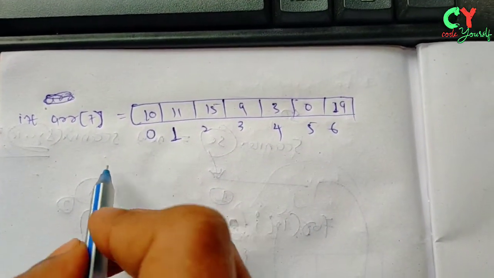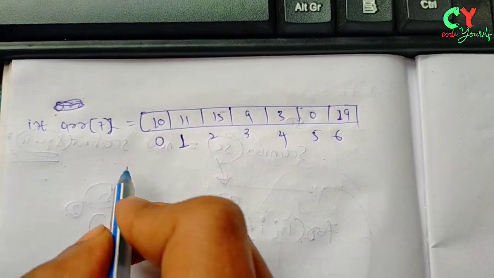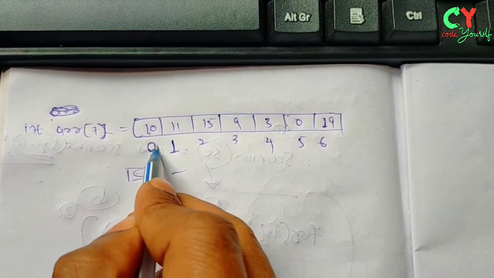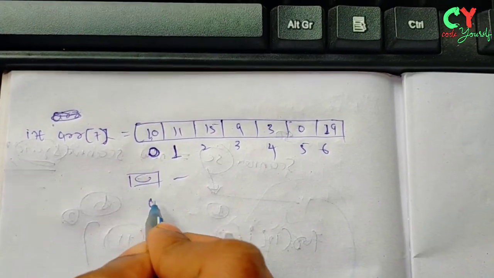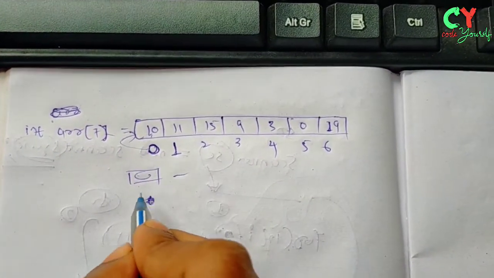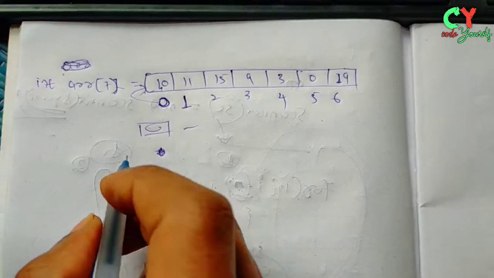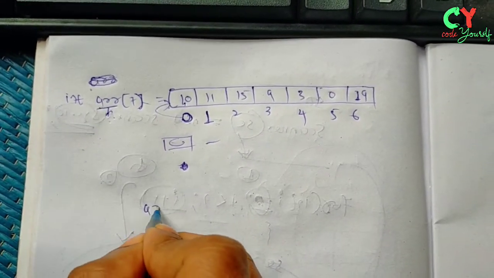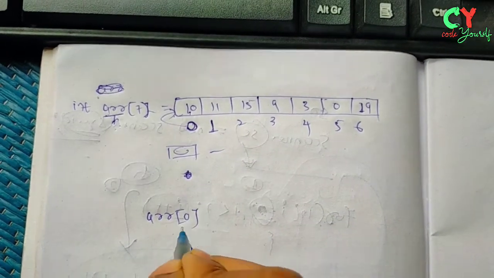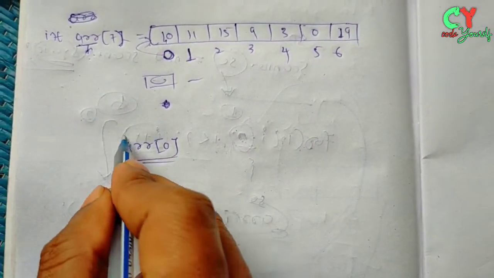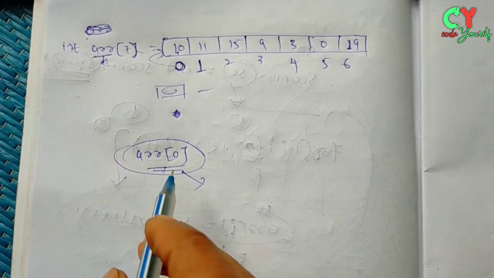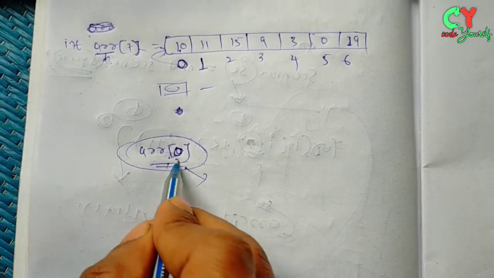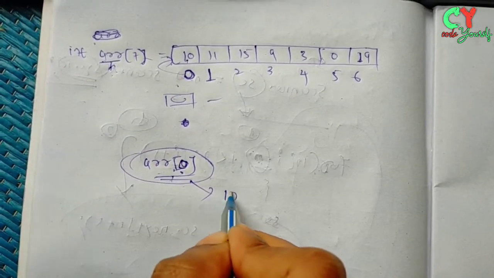Now we are going to discuss how to display array elements on the screen, I mean on the output screen. Here at index 0 the value is 10. How to retrieve that value? Let's see. What is the name of the array? The name of the array is arr. If you write arr of 0, it will give the value inside index 0. I mean it will return 10.